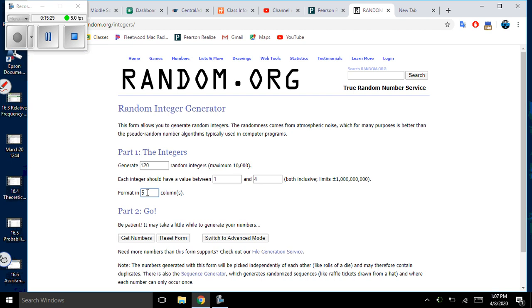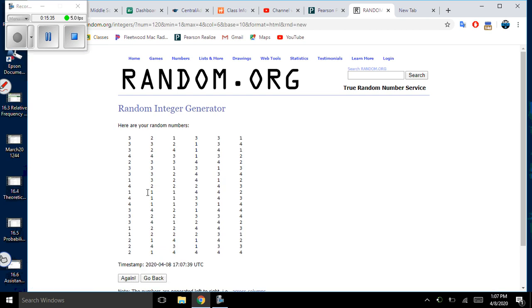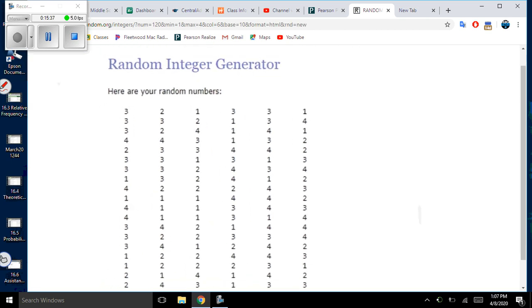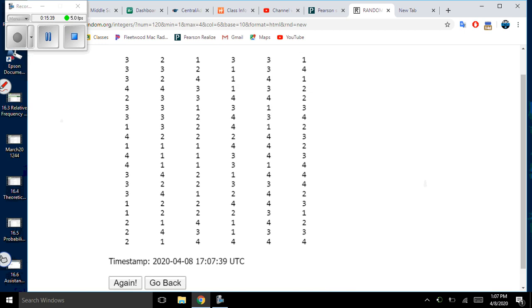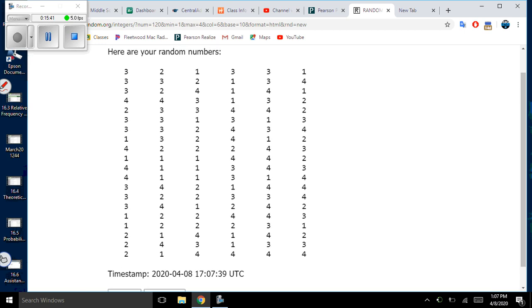All right? So I'm going to go ahead and set this up as 6 columns, and I'm going to go ahead and hit Get Numbers. And so when I hit this Get Numbers, you can see the numbers that pop up. All right? So recall, in my situation, I've got, and I'm going to try to write this down somewhere, 1s